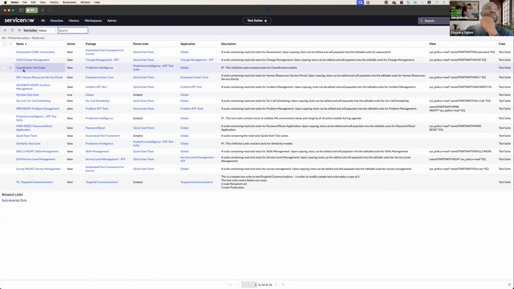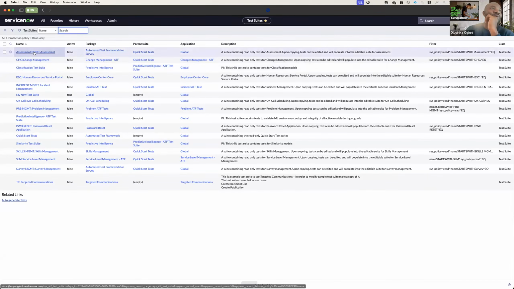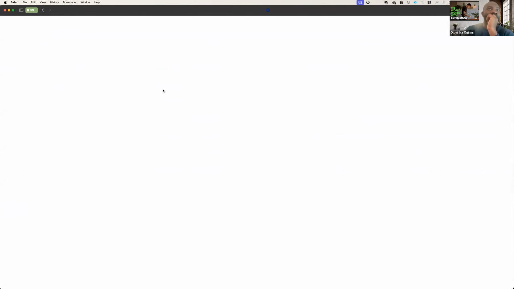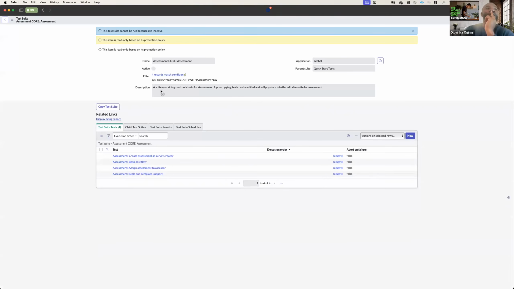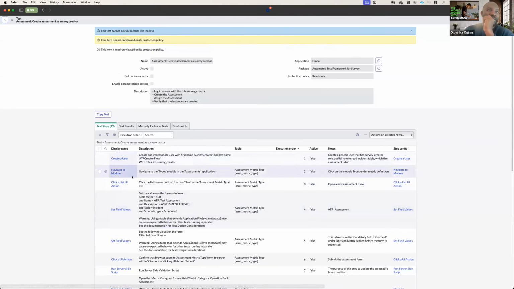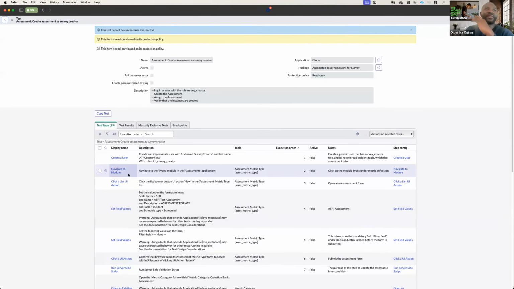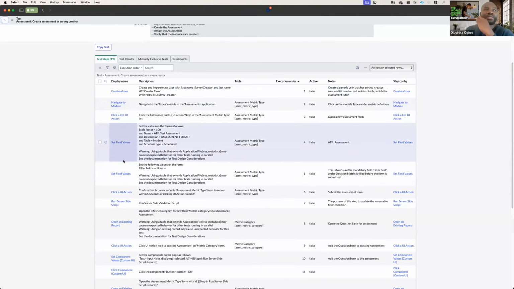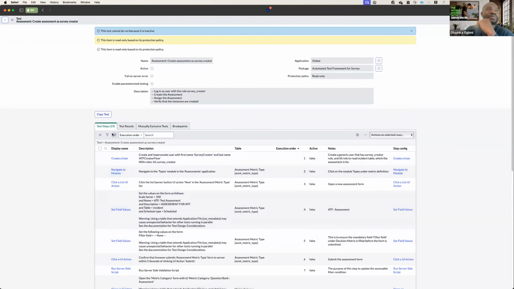let's say we want to work with this first one, assessment core. And within the assessment core, you can see that this test already comes with 4 tests already. And within this test itself, there are test steps within there. This helps you get started. Like this helps you remove the major burden of manually creating your own test yourself. So